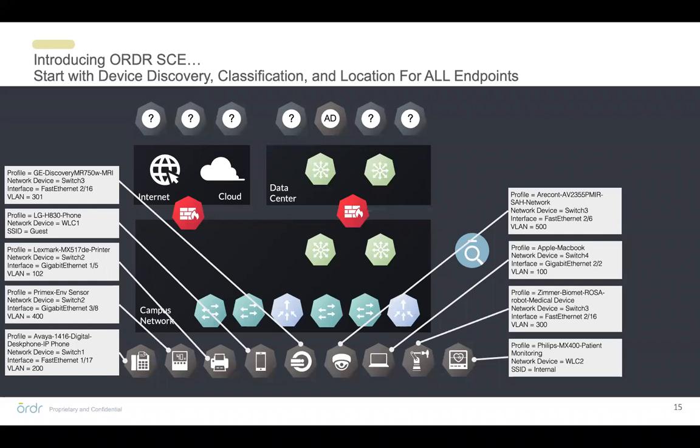And here's the classic one, the thing in the bottom right corner, which looked like it was running a Windows operating system. Well, maybe it was, but it actually is a medical device, a patient monitor that was running a Windows-based kernel. Something else we do: often you do not run NAC or RADIUS in your data center because you don't expect those devices to be configured with authentication. Because we see the traffic between these devices, which clients are talking with which services on what protocols, we can analyze that information to group and classify those devices for those internal services.